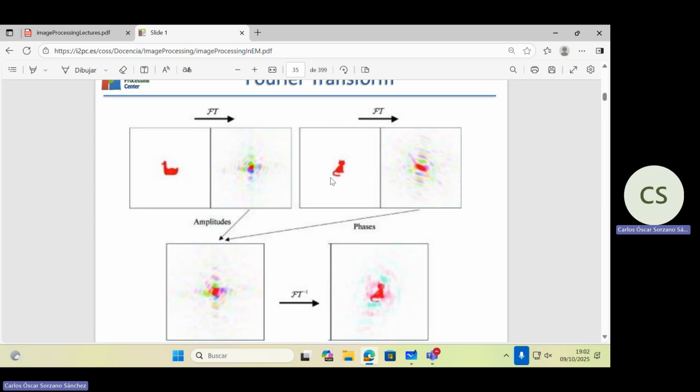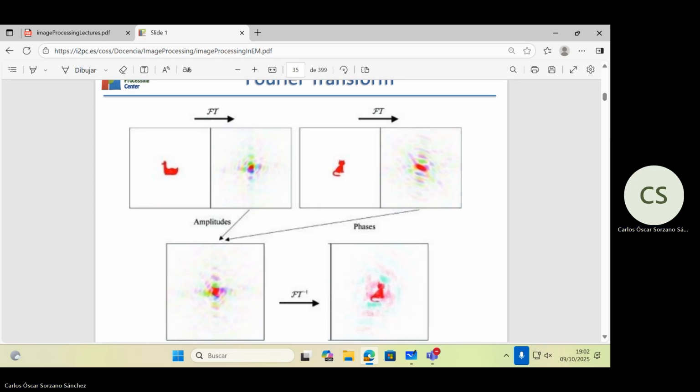Here is the low frequency, and the color represents the phase. And here it is the same. So now you take the amplitudes from this image and the phases from that image, and you compose them. So you will have new complex numbers. And you do the inverse Fourier transform, and what you get, okay, it is not a perfect cat, but it